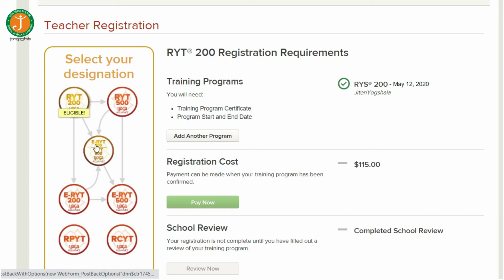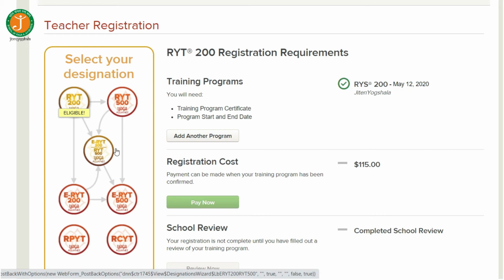As you can see, there are other courses on the dashboard like RYT 500, etc. Well, the process is the same. Once you have done the course, you do the same process: apply for the course, send the certification, and your school will verify it. Once you get verified, you will get this small eligible tag under the designated course.